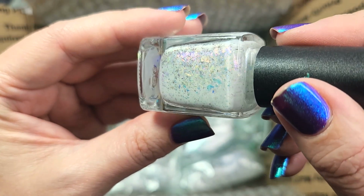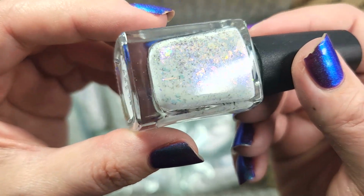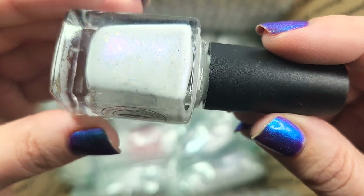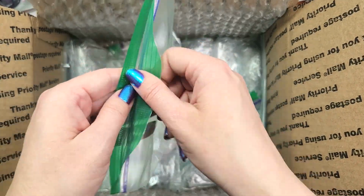But this has a beautiful combination of things. You have flakes and purple shimmer. There's like a silver, I don't know if that's like a glass fleck or a micro glitter, but this is definitely one I want to give a try. I think this could look gorgeous on. Next up,